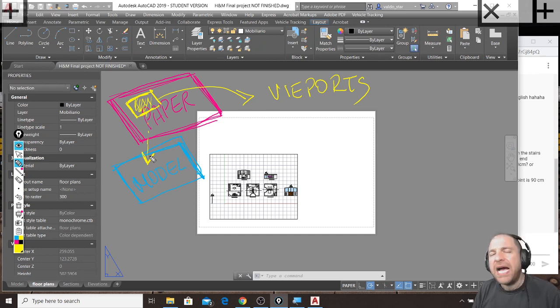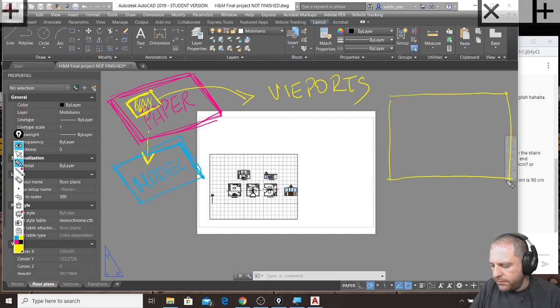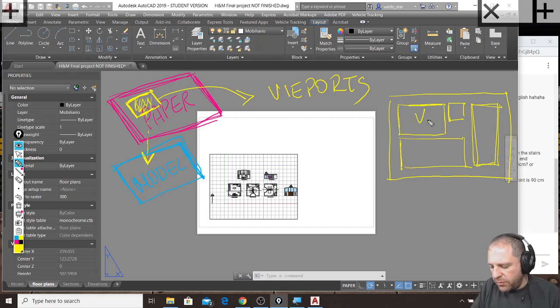By using viewports, I can create a paper that has two levels of elements. I have the possibility to place as many viewports as I want, so this would be viewport 1, viewport 2, viewport 3, viewport 4, to show elements that are drawn in the model,